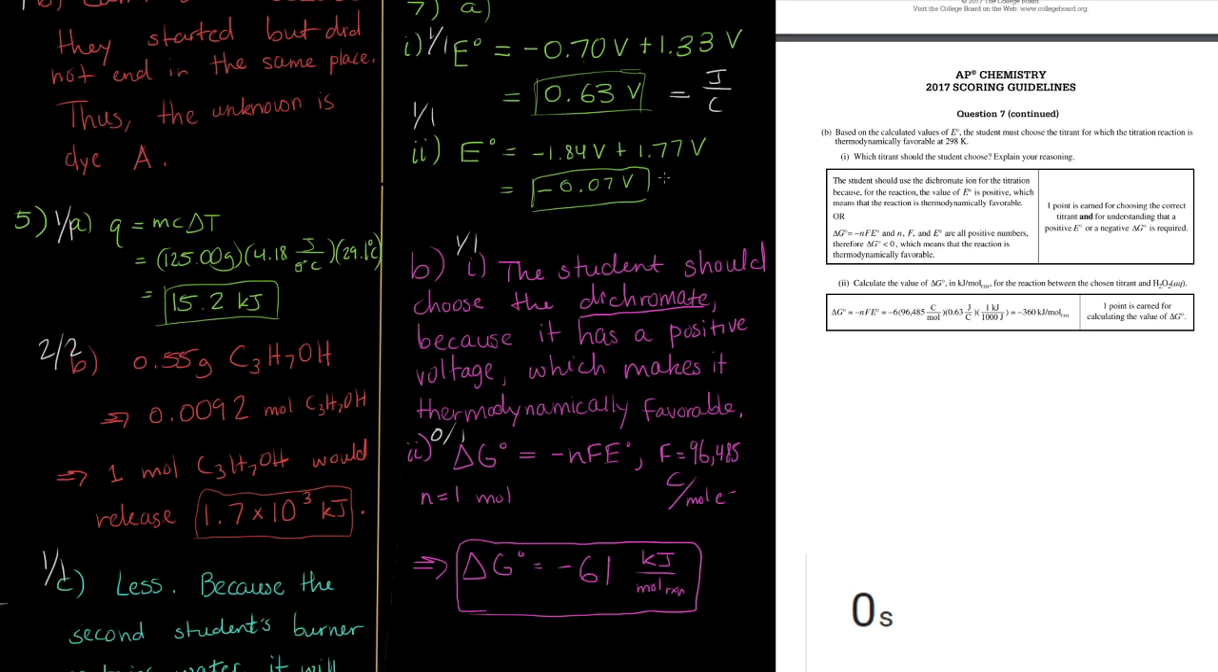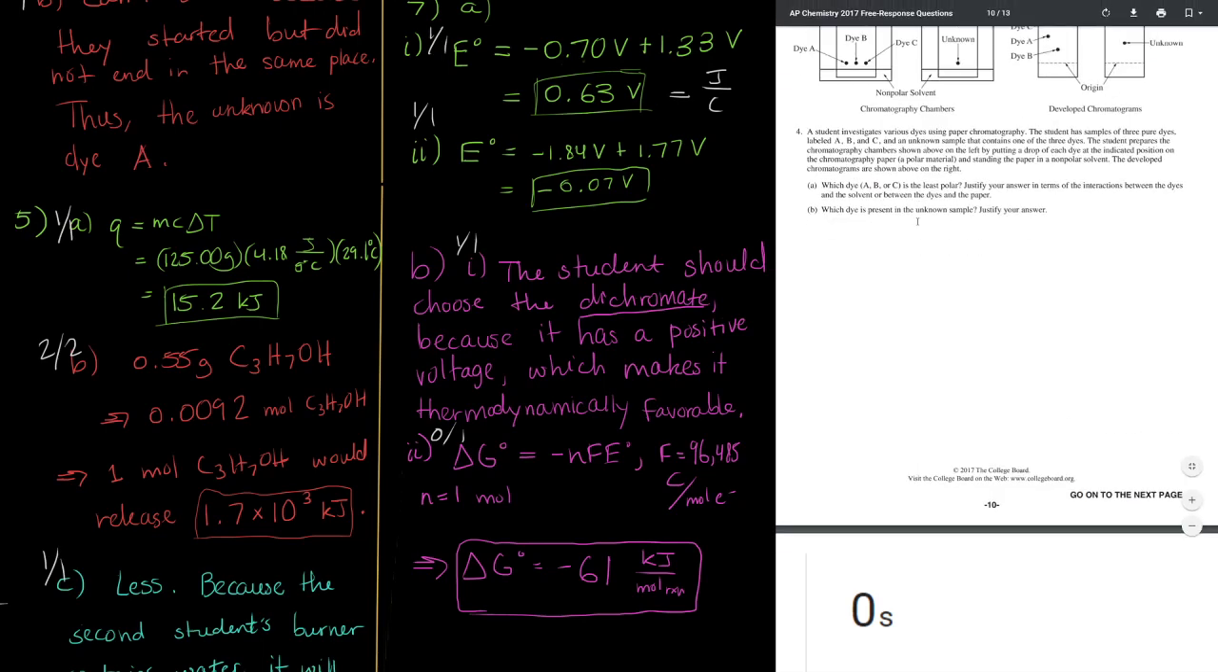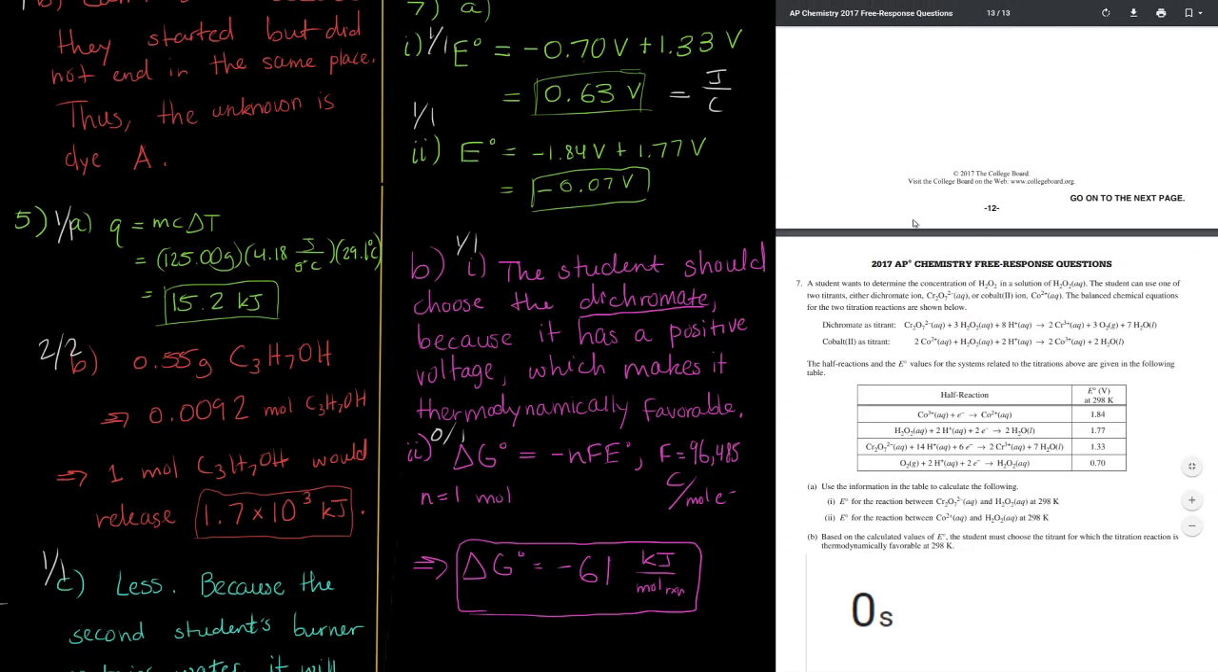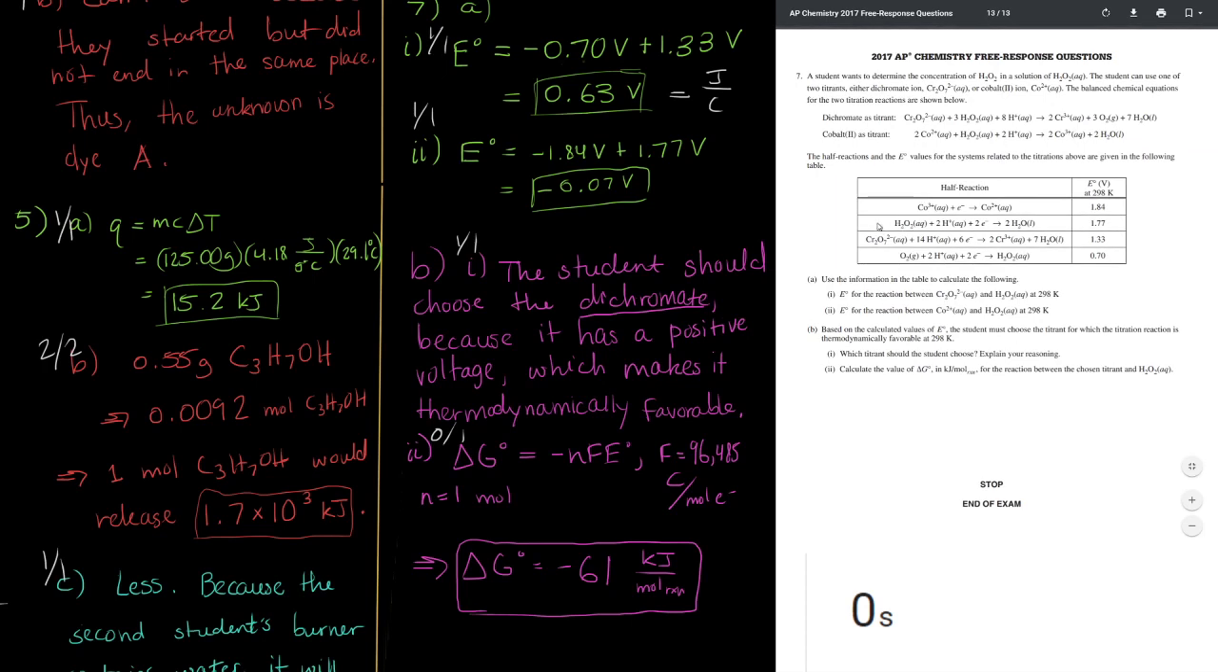And where does -6 come from? -6. Let's figure out where the -6 came from. I think it's going to come from how we added things. So dichromate says